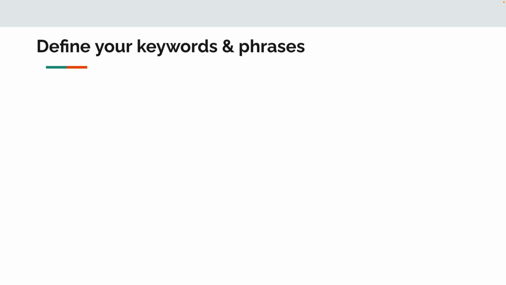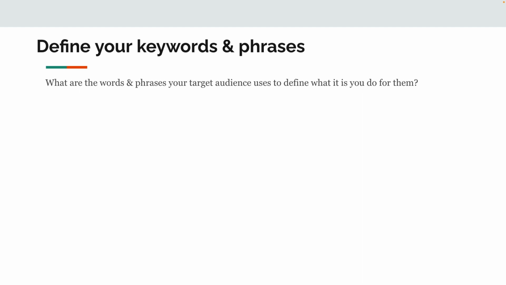Now, here's the next big thing. How are you going to speak to your target audience? What are the words and phrases that are important to them? What are the words and phrases that they use to define what it is that you do? In the early days, I thought from my world, I was trying to come up with a catchphrase, most important viewer, doing hashtag MIV, most important viewer. Nobody cared about that. It didn't resonate with them. For my target audience, it's leads, it's prospects, and maybe target audience. So I've got to use the words that resonate with them, not words that I think are cute words that make my marketing look better.